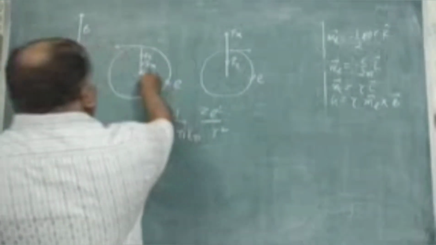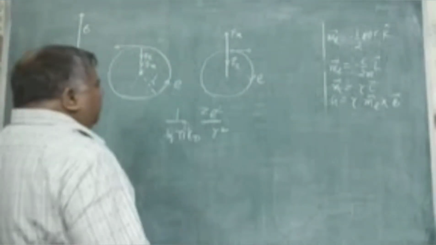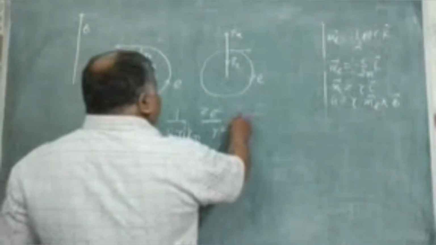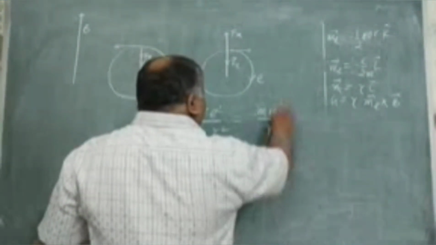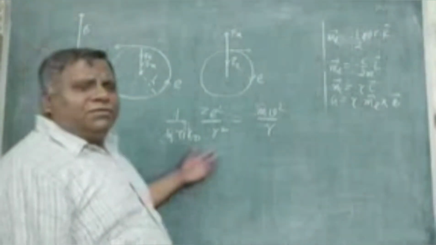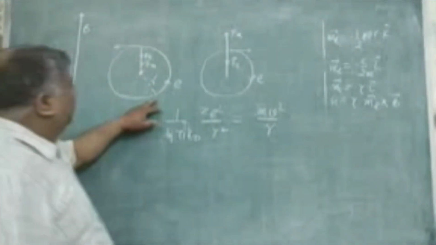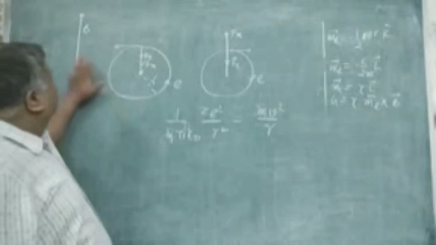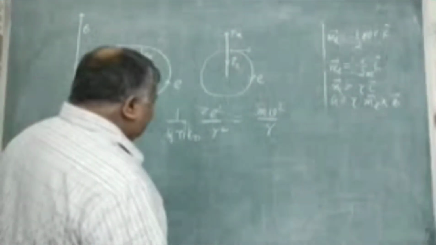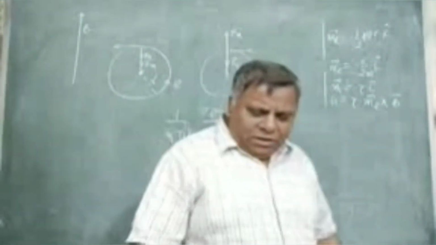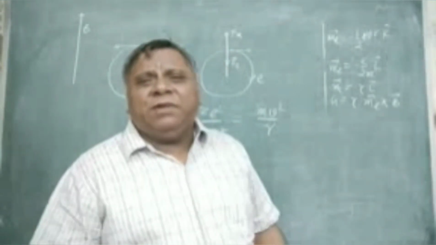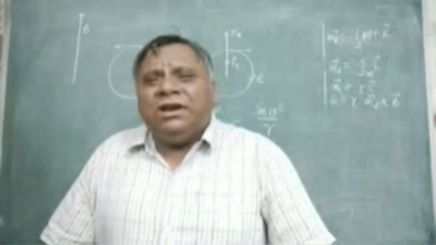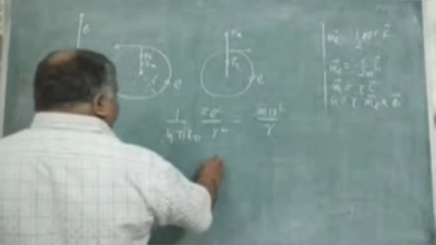Where r is the radius of the orbit, and this is exactly balanced by the centripetal force. Consider the electron is moving in anti-clockwise direction, magnetic field is perpendicular to this. So, if we apply magnetic field, then there is a force on electron given by Fm